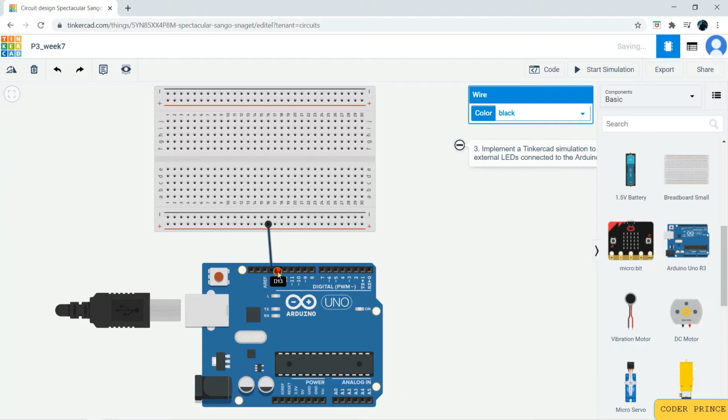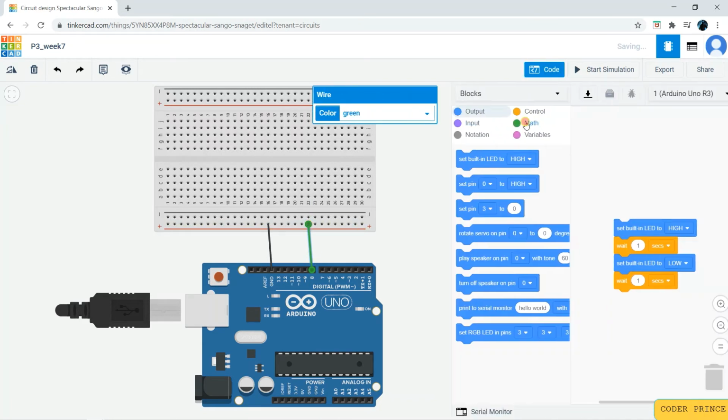Now we can pick any of the lines from here. This is a digital one. If you want to go with the 5-volt line, you can go over here. This is for analog input. So I will take pin 8, and let's connect over here. Change the color to red.